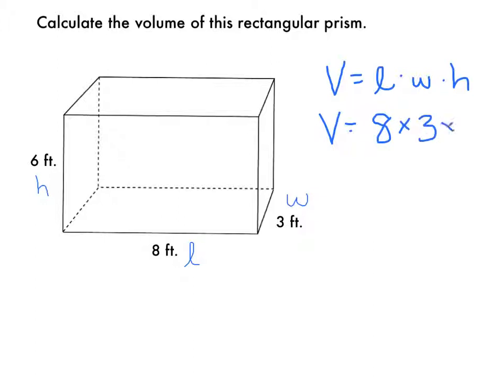3 times 6. So I'm going to start and find the base, which is 8 by 3, which is 24. And then I'm going to multiply 24 times 6. 20 times 6 is 120, and 4 times 6 is 24. 120 plus 24 is 144. So volume equals